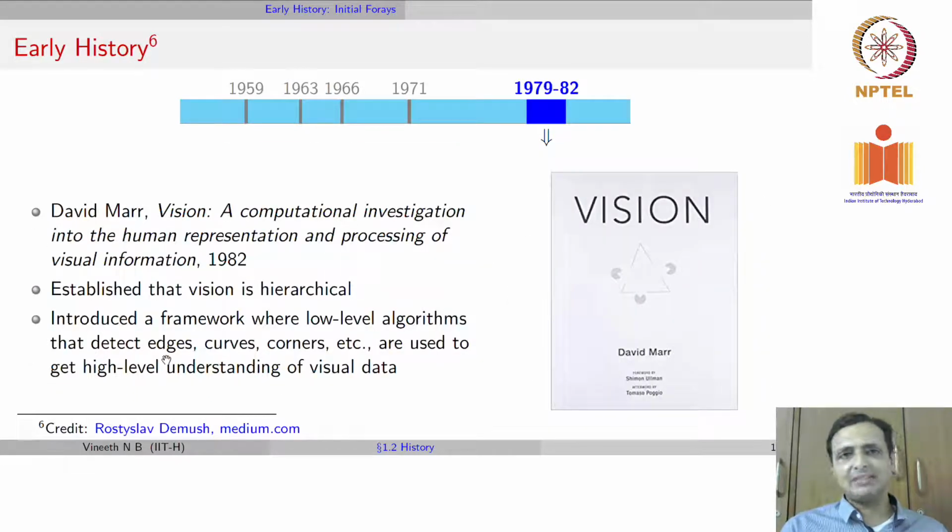Then 1979 to 1982 was again a landmark period for computer vision. David Marr, whose research is followed until today, and in fact the ICCV conference, the International Conference on Computer Vision, actually gives out a prize named after David Marr for landmark achievements in computer vision. So David Marr proposed